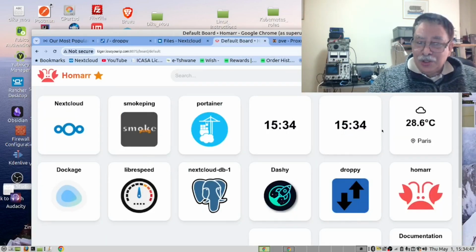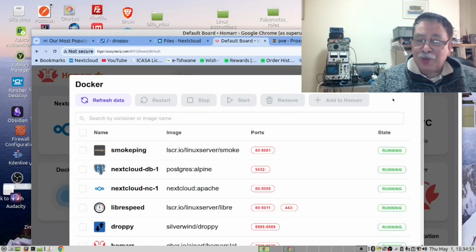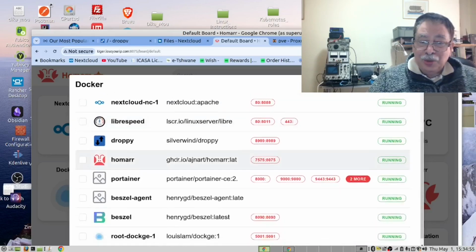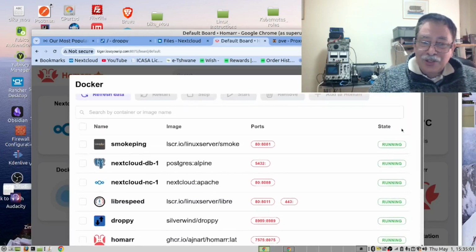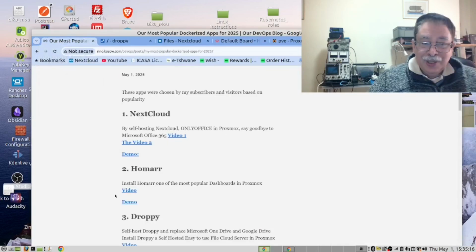In addition to that, Homer also supports Docker container monitoring. And in here you can see all the Docker containers that are running and their status. And now let's go to our instructions again. And there's the link to the video which will provide you with the instructions to install it.